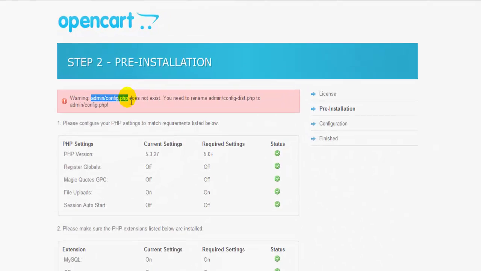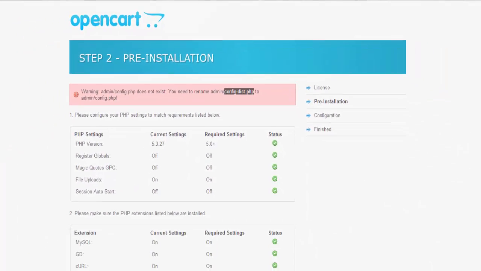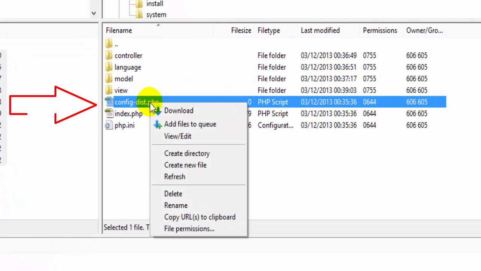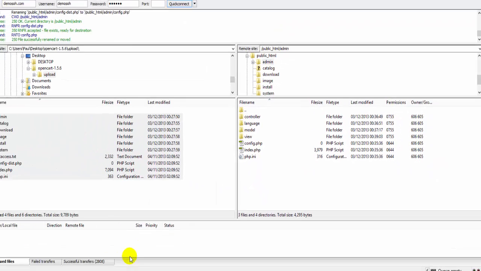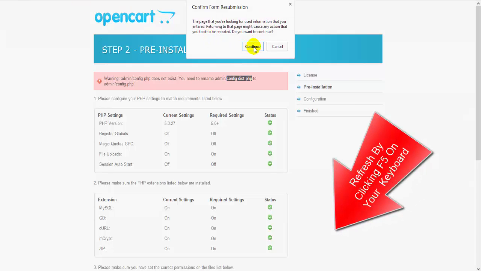So basically in the admin folder, config.php does not exist. There is a file there in the admin folder called config-dist.php. So we've got to rename that file. So we'll go over to FileZilla again and we'll go into our admin. There is our config-dist.php. So we are going to right click and rename that file by simply deleting out the -dist. So that's that done. Back over again to the front end of our site and we're going to refresh the site